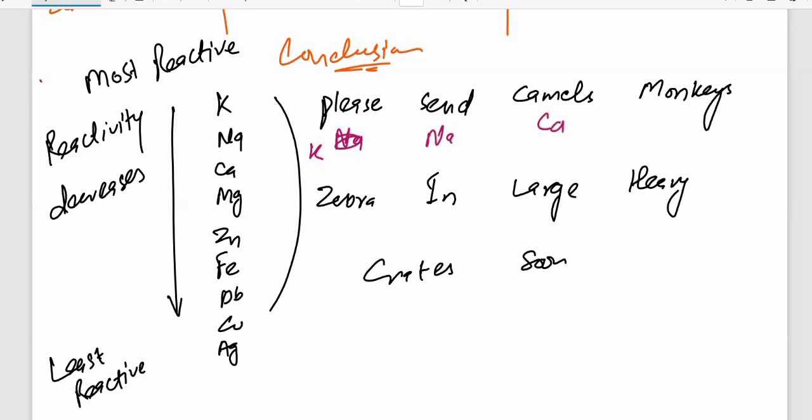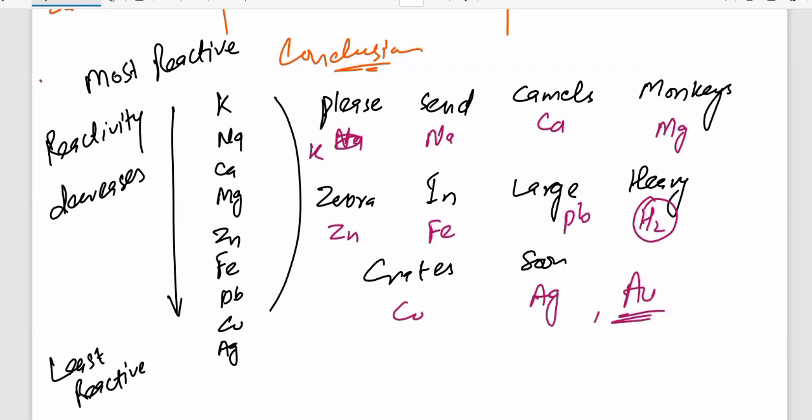का मतलब है कैल्शियम, मैग्नीशियम, जिंक का मतलब है जेबरा जिंको, इन का आयरन, लार्ज पीवी लेड, हैवी हाइड्रोजन, this is non-metal, क्रेट्स कॉपर एंड सून सिल्वर। Gold also exists over here, गोल्ड भी इस तरह नॉन रिएक्टिव होता है, it's not given over here but you can understand that gold is also non-reactive because it can exist independently, क्योंकि रिएक्ट नहीं करता ना इसलिए अलोन पाया जाता है।